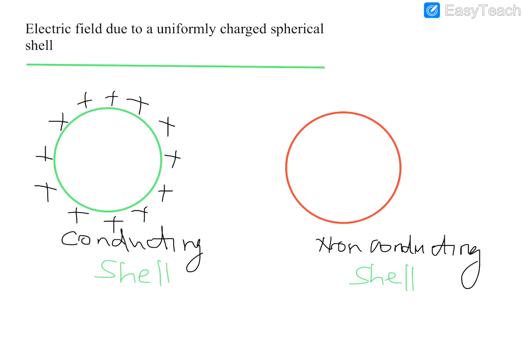Charges will not stay inside, but will move on to the surface for any conductor. Whether it is spherical or any other shape, it doesn't matter. If it is a conductor, it can be a shell or any other shape, charges will move on to the surface. That is basically known as a conductor. In the case of a conductor, if you charge it, charges will not reside inside the conductor, they will move on to the surface. Now if it is a non-conductor, you are charging a non-conductor.